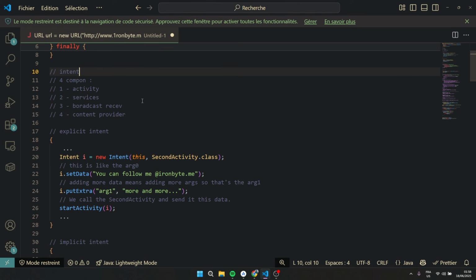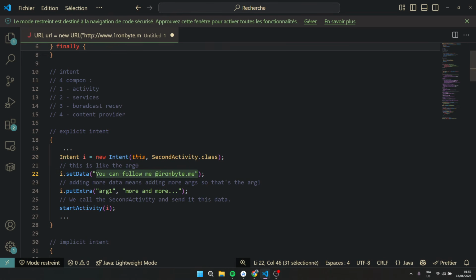This type of intent, guys, is typically used within your own applications to navigate between different screens, or, I don't know, start a background service or something like that. So we call it explicit intent. This is an example of an intent you can make. You create an object from the class Intent with, for example, SecondActivity.class, and you set the data.